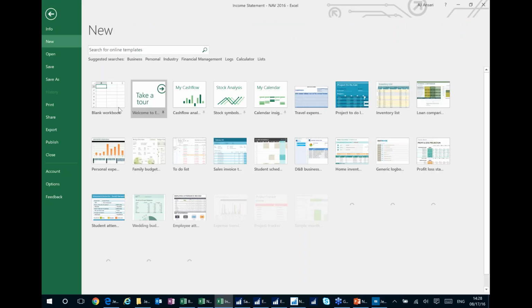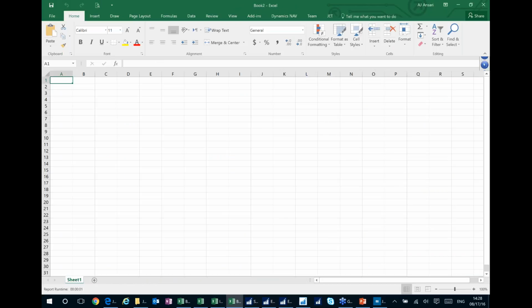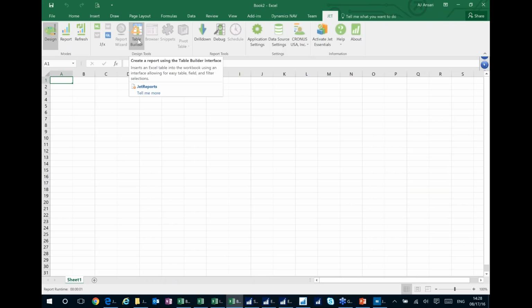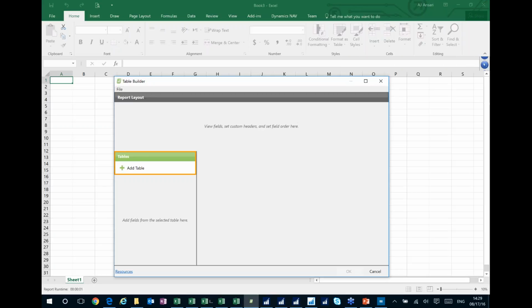I told you that Excel can also be used for creating query-based reports, tabular reports. So what do I mean by that? We're going to go back into Jet, and I'm going to say this time we're going to use a table builder. Now, if you're using the Express or the free version of Jet Reports, there's a couple of things to be aware of. I can build queries using the table builder, but if I ever want to change the definition of that query,